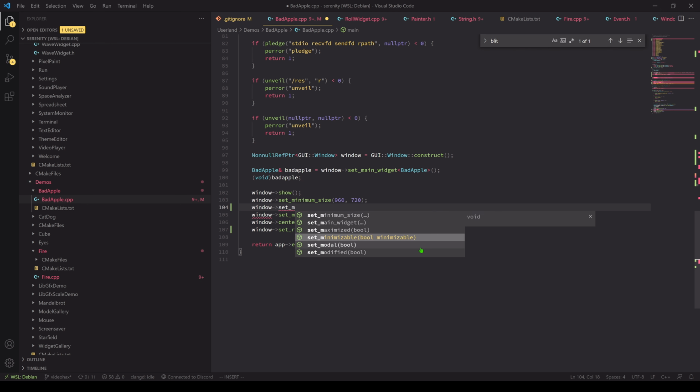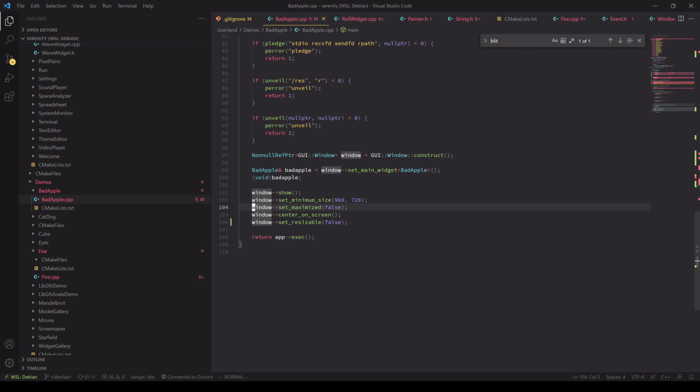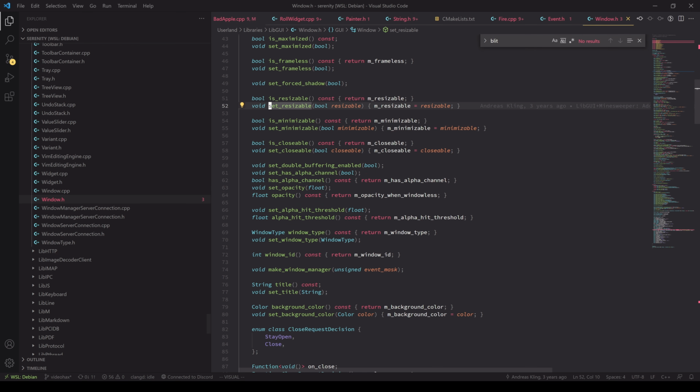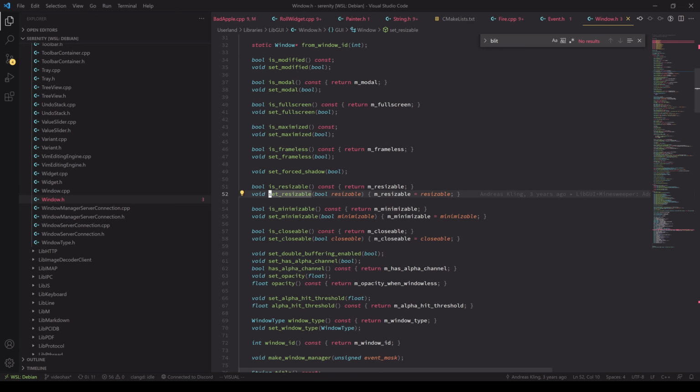Set minimizable. Well, it should be minimizable. Set modal. Maybe that's just the order of things. Well, it's just setting a variable, so